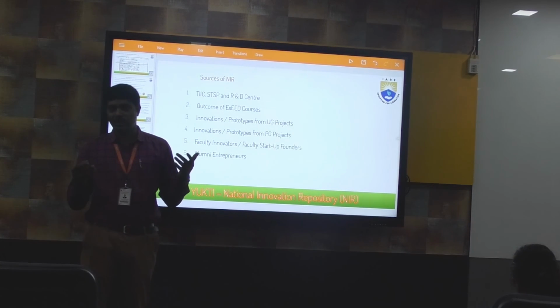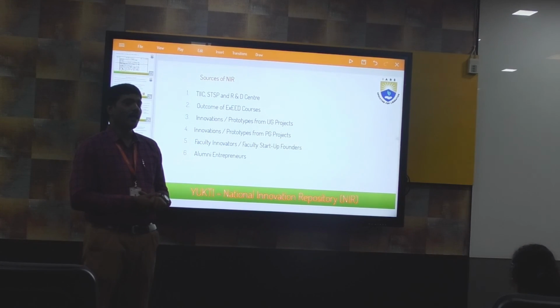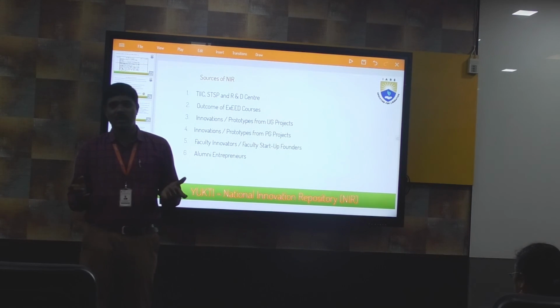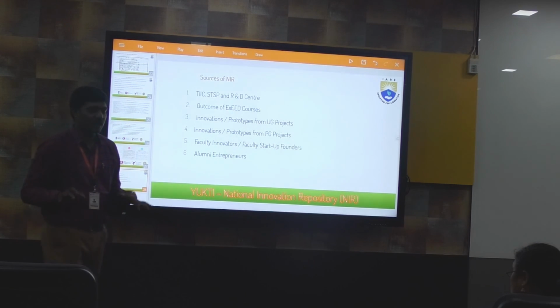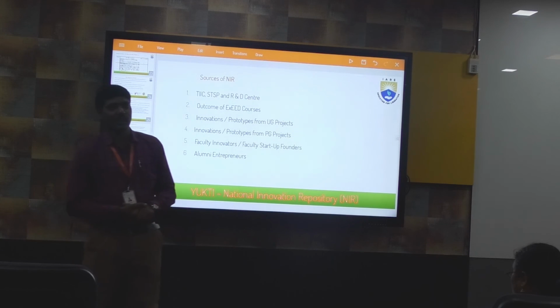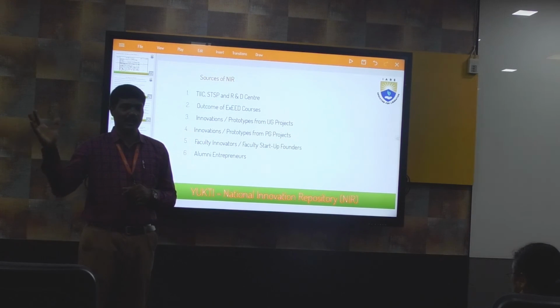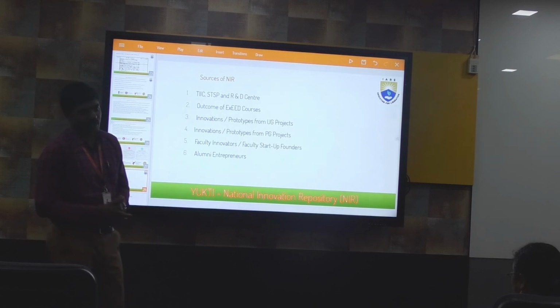The first step will be for the project-based learning courses. We are planning to have an expo after the sectional examination is completed. Many students right now have started doing some prototypes. So after they write the theory examinations, and before the external laboratory exams, we will have an expo where students can come and exhibit their particular